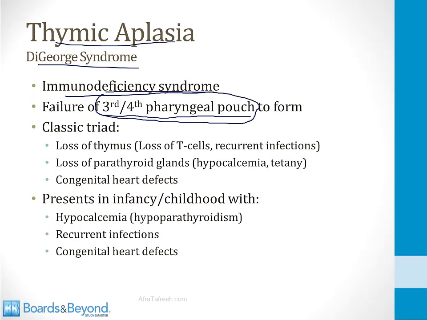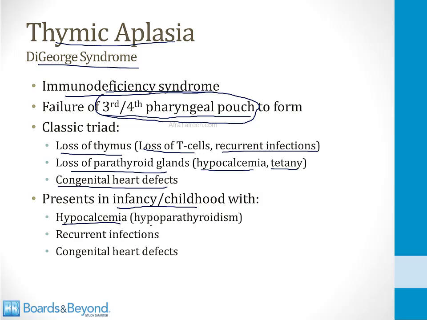The classic triad of symptoms in this disorder is loss of the thymus, so there is loss of T cells and recurrent infections from immunodeficiency. There's also loss of the parathyroid glands, so hypocalcemia and tetany develop, and then finally, these patients also develop congenital heart defects. So this presents in infancy or childhood with hypocalcemia from low parathyroid activity, recurrent infections, and congenital